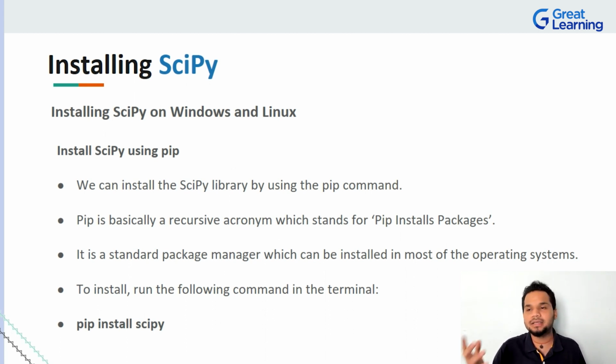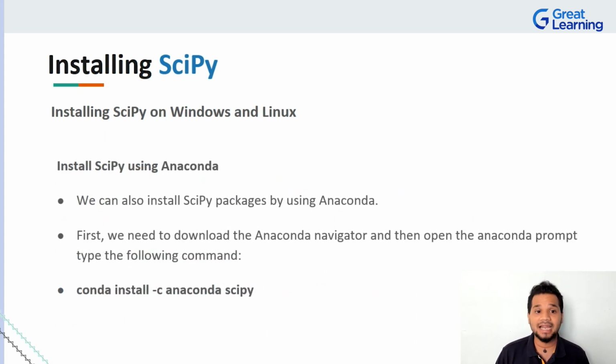So to install SciPy using pip, all you have to do is run one simple command that you can see on your screen right now. Look at the last line, which is in bold. It says pip install scipy. It's literally these 3 words. And I'm sure if you're watching this course, you might have had some experience with pip and installing packages. So again, it's a very simple and straightforward process to install it on Windows and Linux.